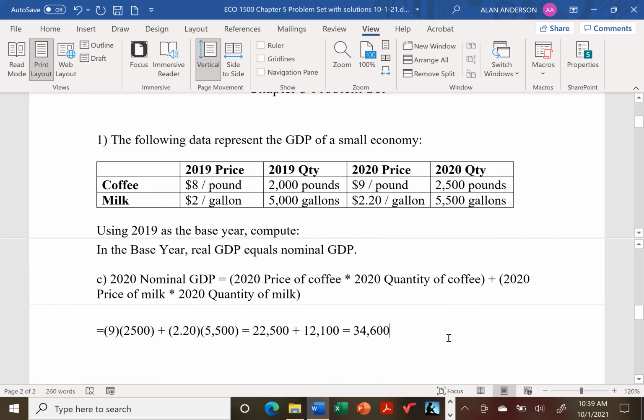So it's gone up quite a bit, but the problem is that with nominal GDP, we don't know how much of that is due to higher prices and how much of that is due to higher quantities. And it's the quantities that really matter to our standards of living. So that's why we want to do now the base of the real